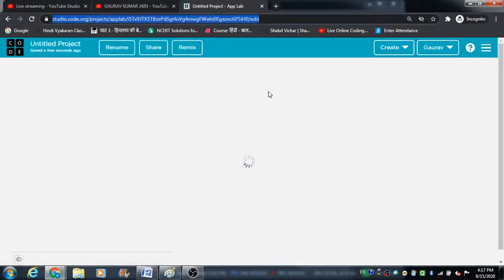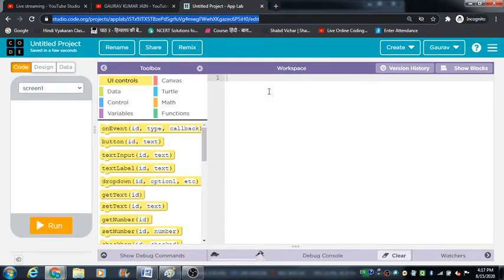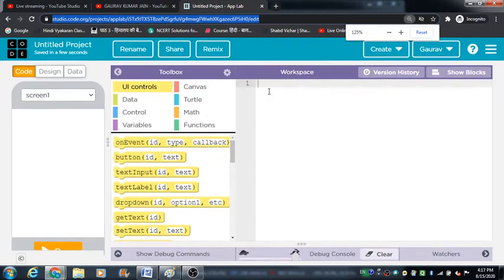So this is the App Lab environment, and the first thing that we are going to see is how we can directly store something on the browser, on our app's store. How can we save something directly on our app store? That's what we are going to see first. So what we need to do is come to this Data tab here.